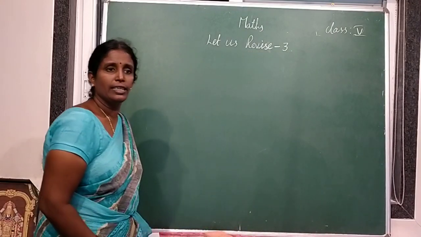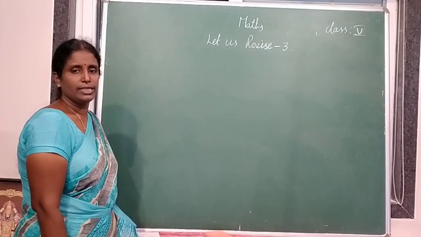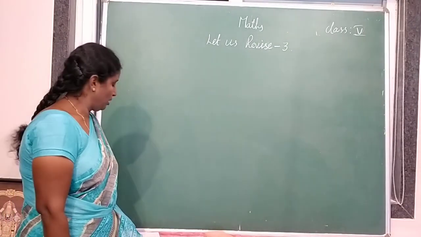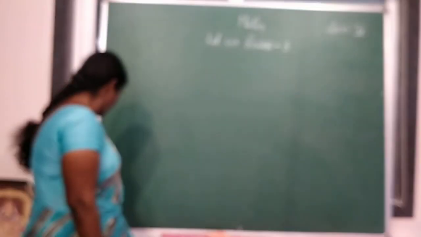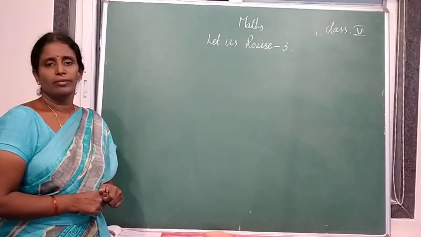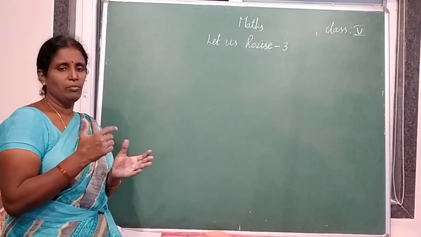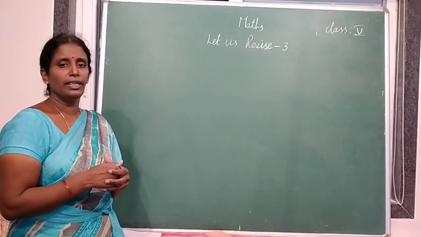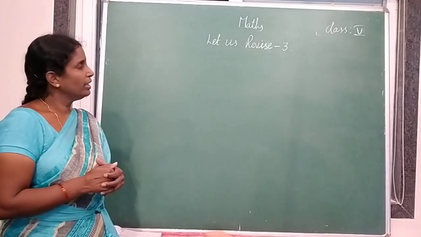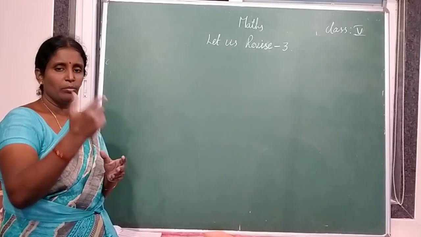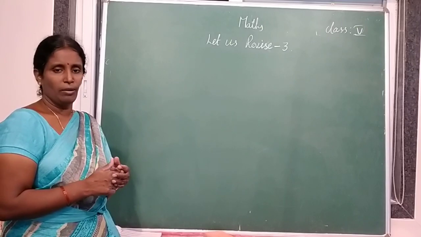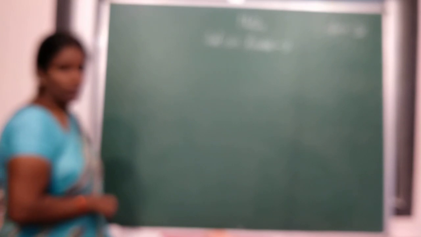Already we have started ascending and descending order. Yes or no? Have you started ascending descending order or not? Yes, we have started. So what is an ascending order? Arranging the numbers from smallest to greatest, increasing order. Ascending is nothing but increasing order. What is a descending order? Descending is nothing but decreasing, big to small. Already in practice zone 6, ascending order is completed. So now we are going to start descending order.